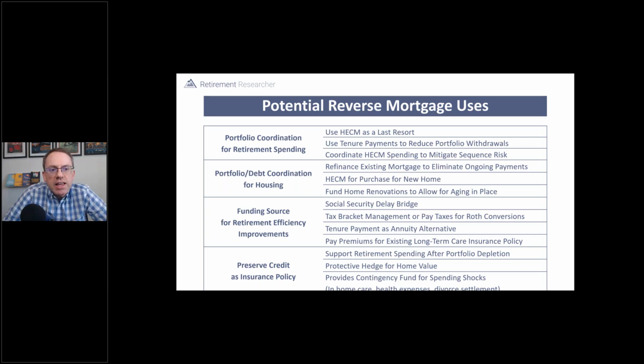And then the final category is to preserve credit as an insurance policy. And the idea here will be, and I'll talk more about the mechanics of the growing line of credit, but you open a reverse mortgage, you allow that line of credit to begin to grow, and then you have a large pool of potential funds to be used to pay for expenses in retirement, whether that's supporting spending if your investments deplete, whether that's providing a contingency fund for different spending shocks to pay for in-home care, pay for large